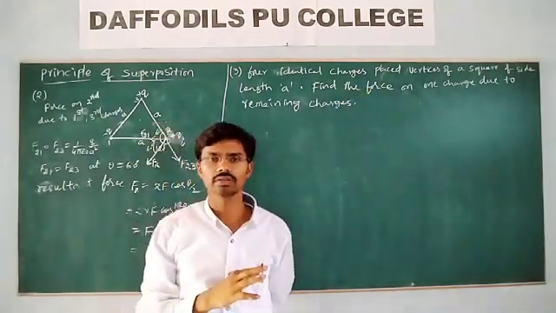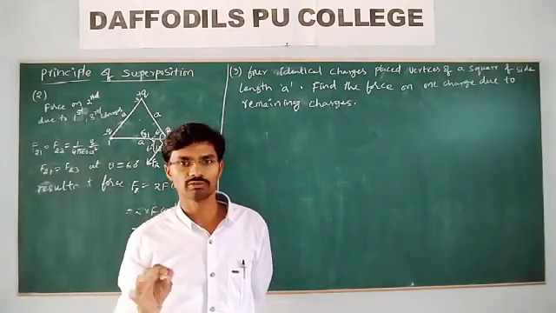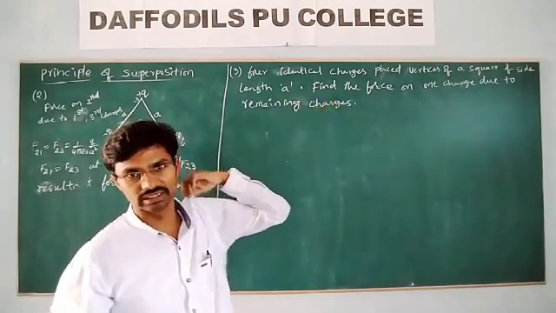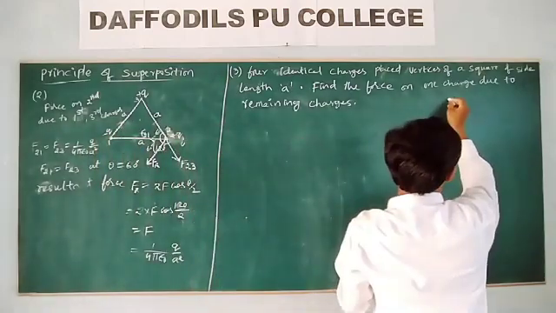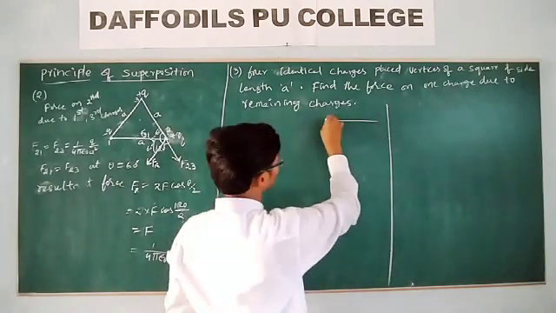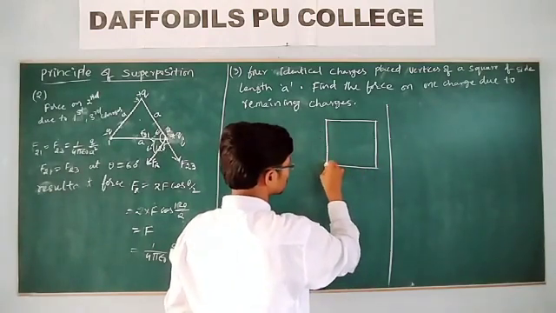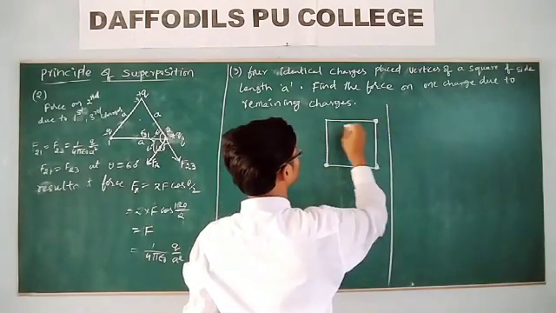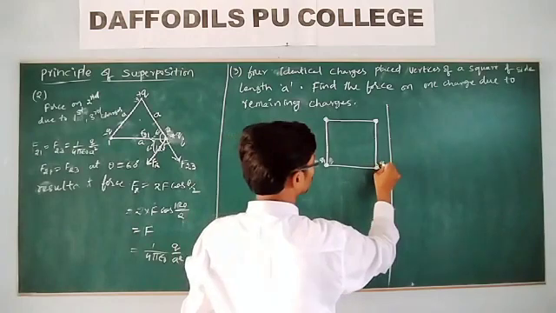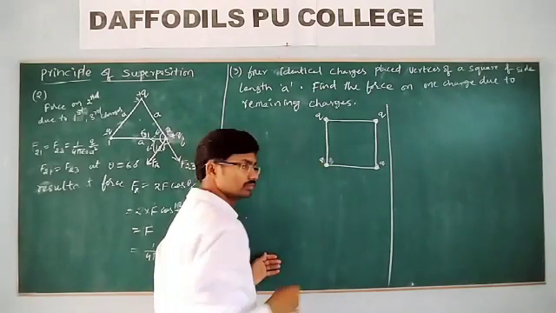So this is what we have studied even in gravitation, but there mass always gives an attractive force, gravitational force, only one direction, no need to consider curved directions. But here there will be positive and negative charges, so the direction will change. Let me take here this square of side length A. Q1, Q2, Q3 and Q4, all the same charges Q.